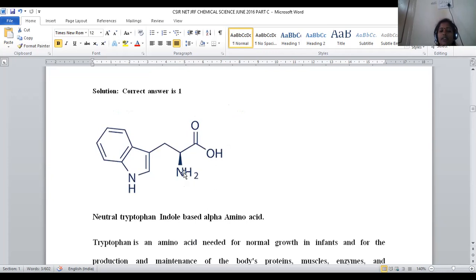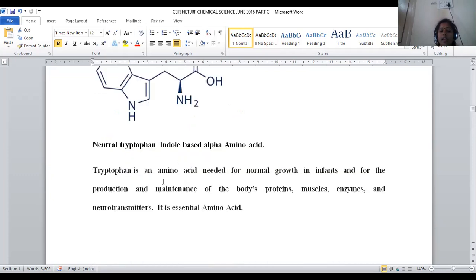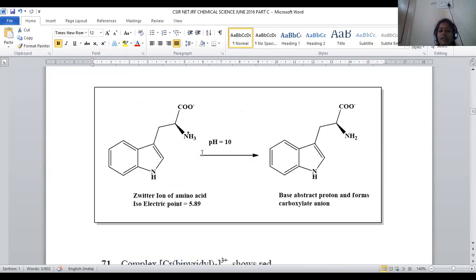So this tryptophan is the amino acid, and it exists in this form. Indole is the heterocyclic ring, and here alpha amino acid will be there. This is a neutral tryptophan molecule, and here alpha amino acids are more stabilized because of Zwitter ion formation. Being associated with carboxylic acid and amine, acid having tendency to lose H plus, base having tendency to accept H plus. That's why carboxylate and ammonium ion formation is possible. This is known as dipolar ion formation, known as Zwitter ion. And its isoelectric point will be 5.89.